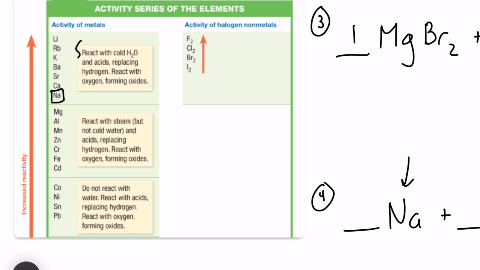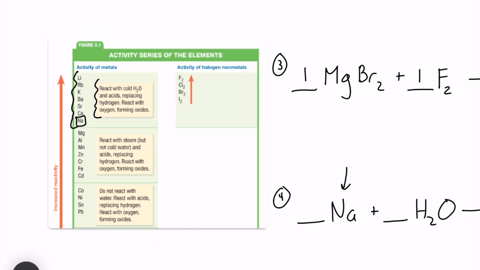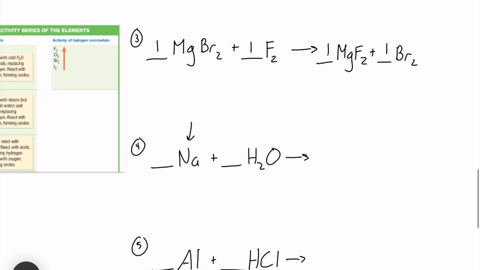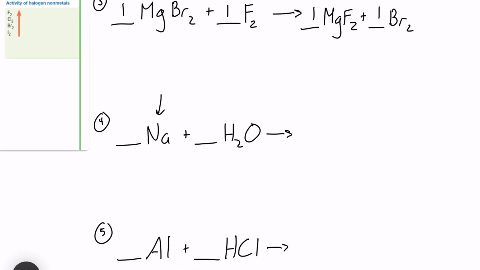And if we read this little part right here, it says reacts with cold H2O and acids replacing hydrogen. So all of these metals here have the ability to replace hydrogen in water when it's reacting with H2O. So we know that sodium's going to have the ability to kick out a hydrogen atom out of the water compound, which will result in